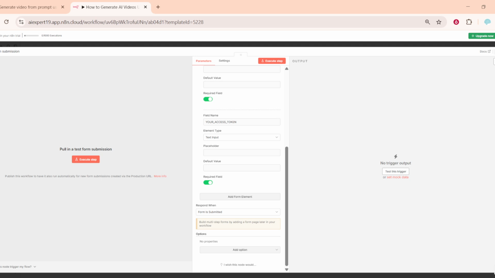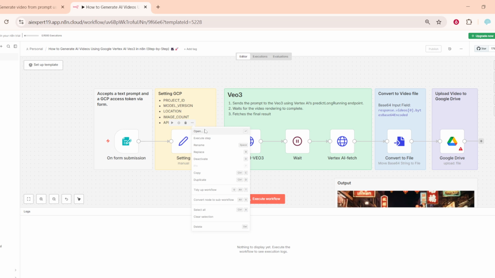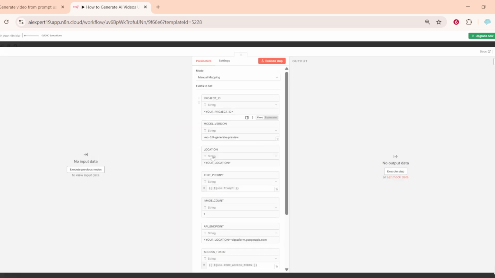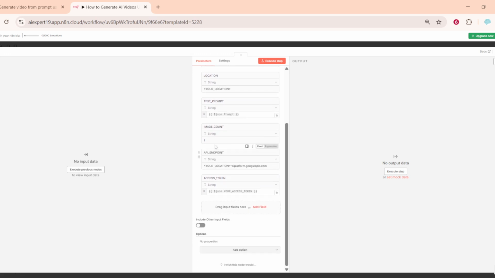Next, we use a set node to define the key configuration that all downstream calls rely on. In one place, we capture your Google Cloud Project ID, the model version, which for this build is Veo 3.0 Generate Preview, the location, the API endpoint, the text prompt passed from the form, and the access token. Centralizing these values makes the workflow easier to maintain and ensures the HTTP requests know exactly where to go and